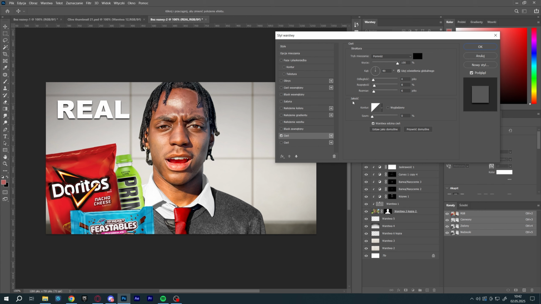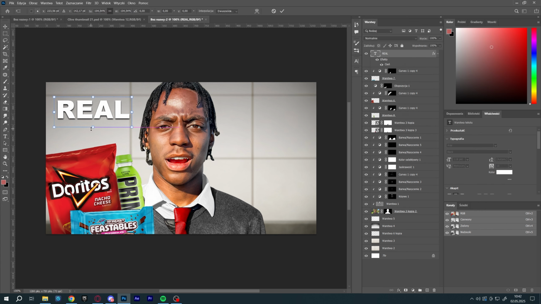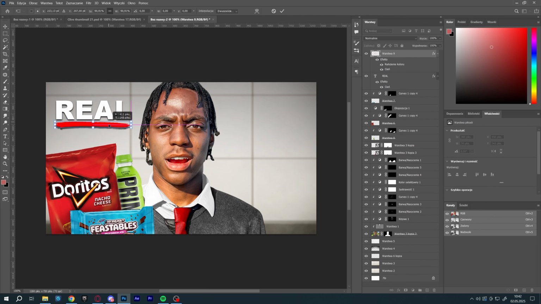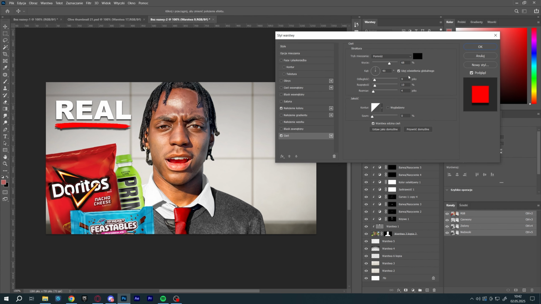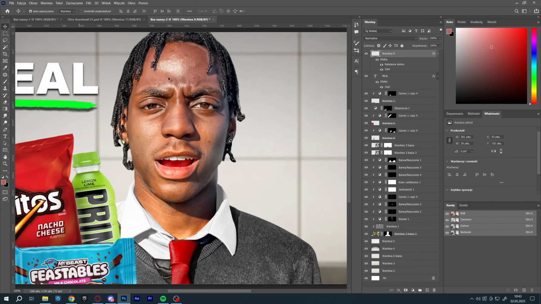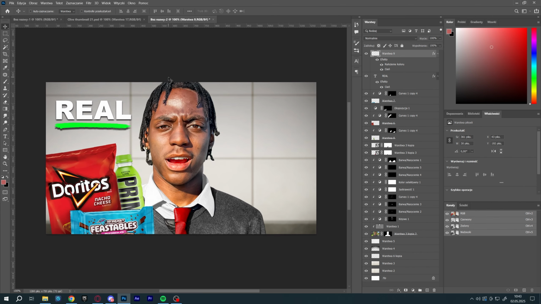This is one of the best settings for shadows, not anything crazy, but that's what this is about. Now find on the internet this brush tool, brush highlight effect, and just cut out this from the background, add some shadows, solid color, turn this into green, and we have left side ready. For the right side, I'm not going to show you how to make this because it's exactly the same. You're doing what I just showed you, but on the other side with the text saying bad and the red